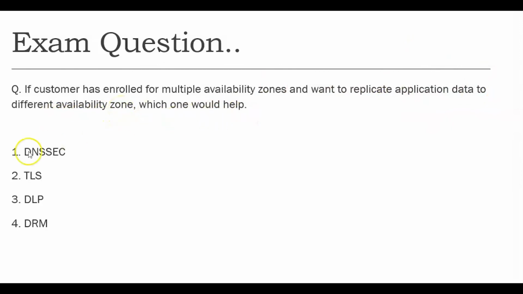Which one would help? Will DNSSEC help? We haven't seen that, but it is more of DNS. DNS is for the domain name, and this is more on the website listing side, the DNS mapping. TLS, DLP and DRM. DLP and DRM are data security, data loss prevention. Even though we don't know or haven't read, we are 100% sure it will be TLS, because